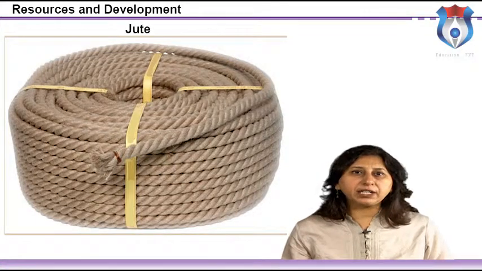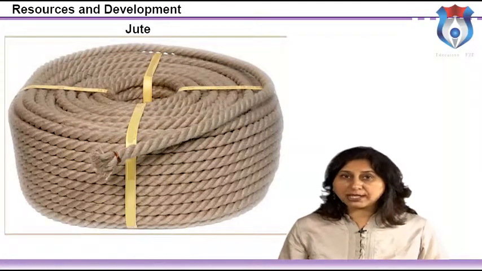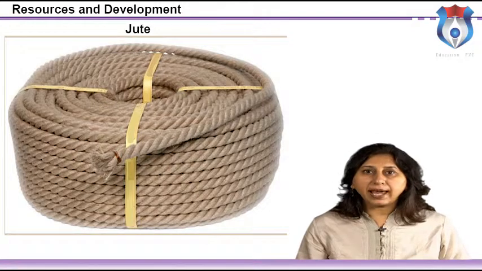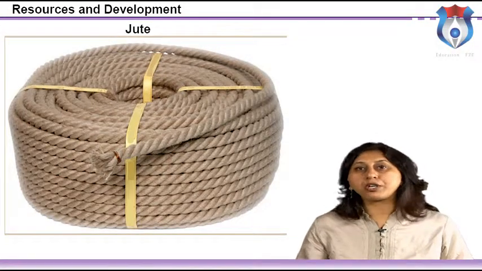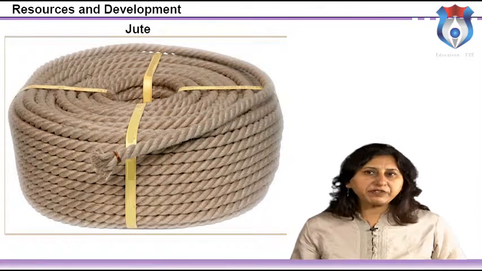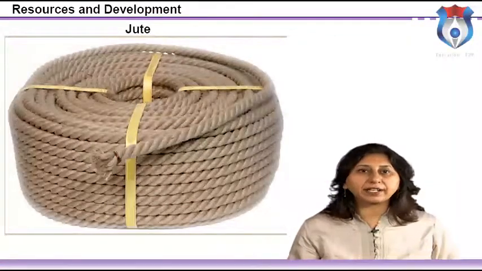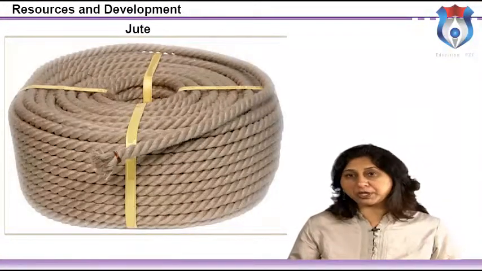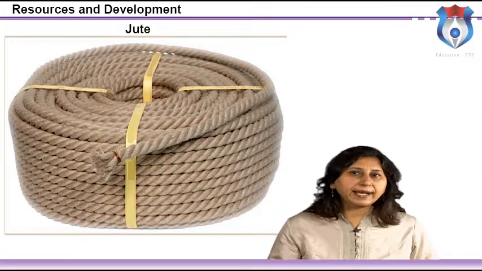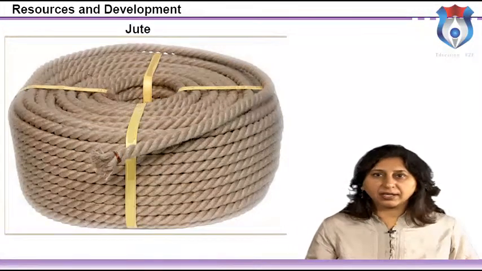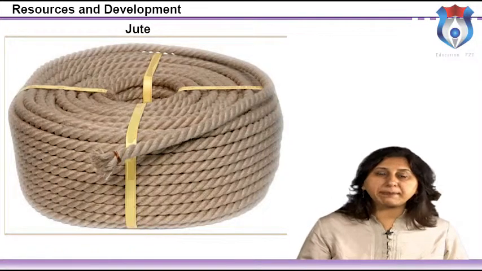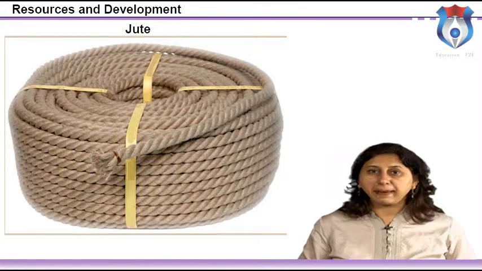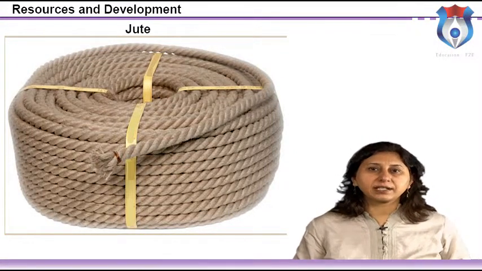Jute belongs to the family of Corchorus. There are two species which are cultivated in India, Corchorus capsularis or white jute and Corchorus olitorius or tossa jute. Some of the varieties of jute are released by the Jute Agricultural Research Institute, Barrackpore. They prove to be very beneficial for the producers. This provides them opportunity for better production. Selection of varieties depends mainly on the following factors: method of sowing, crop rotation, pest and disease, irrigation facilities, climatic